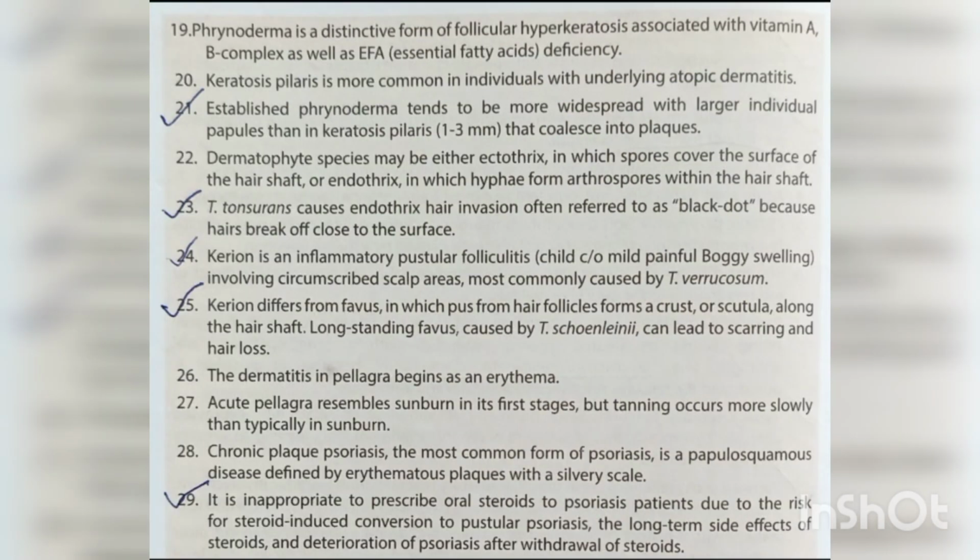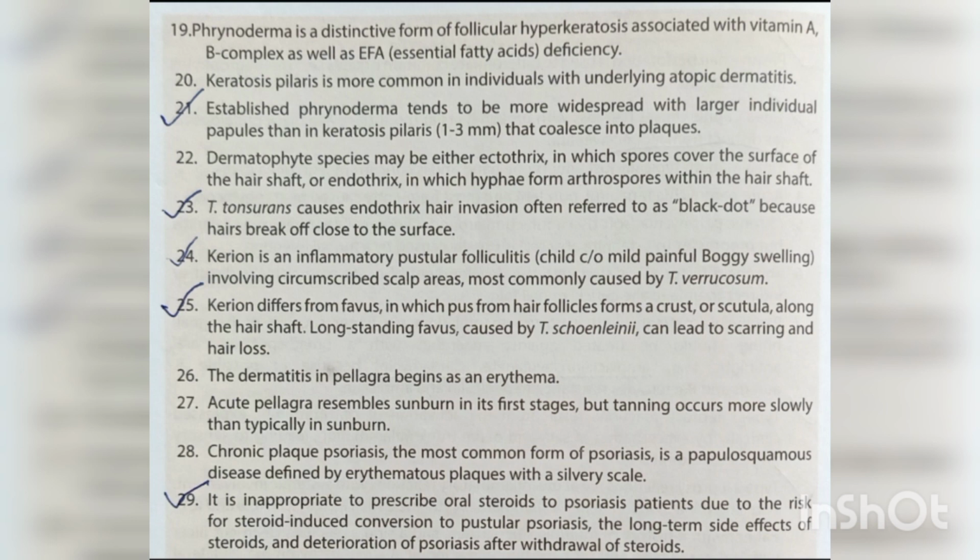Phrynoderma is a distinctive form of follicular hyperkeratosis associated with vitamin A, B complex, as well as EFA (essential fatty acids) deficiency. Keratosis pilaris is more common in individuals with underlying atopic dermatitis. Established phrynoderma tends to be more widespread, with larger individual papules than in keratosis pilaris, 1 to 3 mm, that